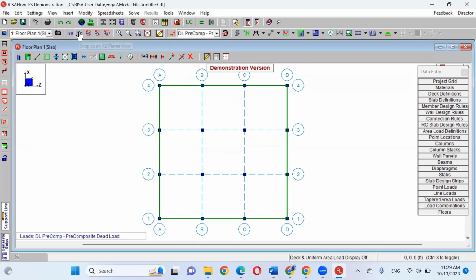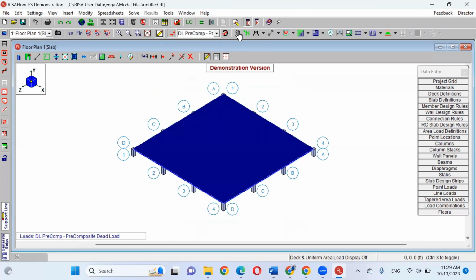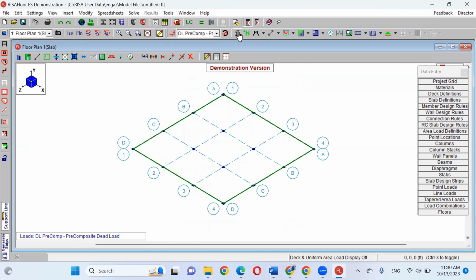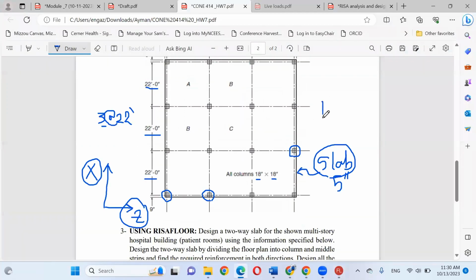If you look to the plan as an isometric and this render view, you can see the columns and the slab. One more time, click the render view. One more time, plan to go back to the plan view. Keep in mind, I will not draw any beams based on the given floor plan. We don't have beams. We have only columns and the slab.